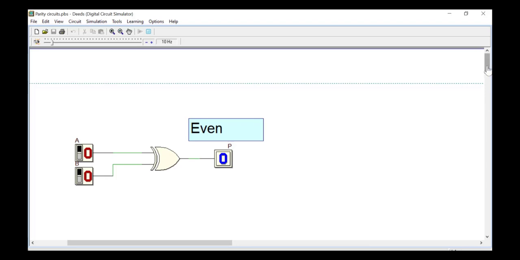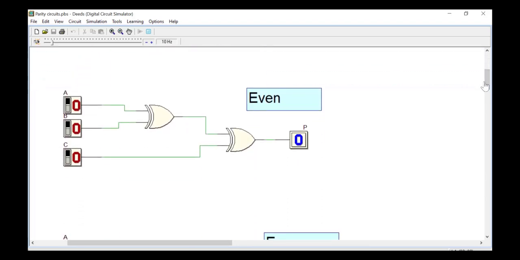In case of 2 data bits, suppose we are having 3 data bits. So when you are having all zeros, that means even number of ones, your parity bit will be 0. When you have 1 bit 1, that means you are having odd number of ones, so your parity bit will be 1, so that total number of ones will be even. If I make 2 ones, it is already having even number of ones, my parity bit will be 0. If I make 3 ones, again odd number of ones, my parity bit will be 1, so the total number of ones will be even. Again, in this case also you have your data is having even number of ones, my parity bit will be 0. This is in case of 3 bits.